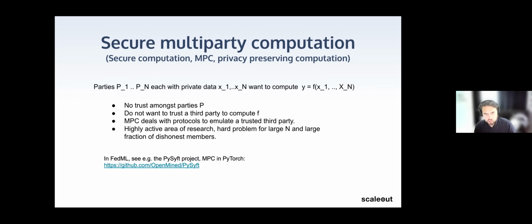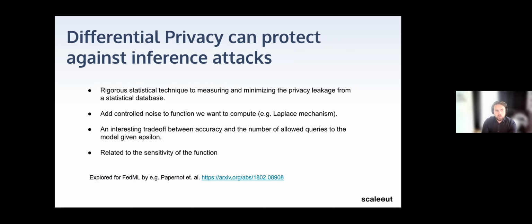Secure multi-party computation, and then the special case of secure aggregation, is also something that people are interested in. And this is about, essentially, if you have a couple of parties in an alliance, you want to jointly compute a function of local data. And the setting here is that you don't have trust between these parties. So what this is about then is protocols to emulate a trusted third party without having one. It becomes decentralized protocols. And there are ways to do this, and some federated learning projects are also focusing on this and picking it up.